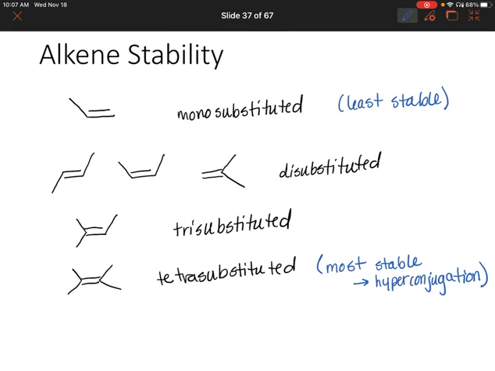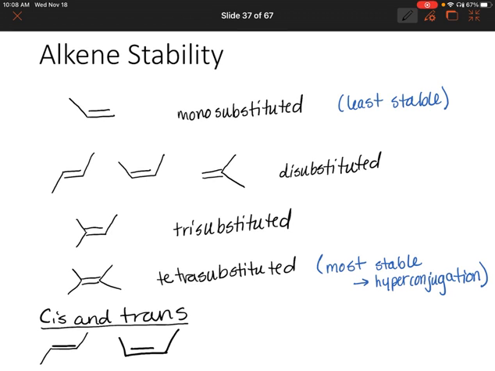Okay, so then let's talk about the cis and trans alkenes in particular. So again, we can have a trans alkene and a cis alkene. Which one is more stable? Well, let's think about this in terms of electron groups and VSEPR theory. So remember, in VSEPR theory, electron groups want to be as far away as possible from each other. So which one of these would satisfy VSEPR theory? The trans alkene, right? So trans alkenes are more stable